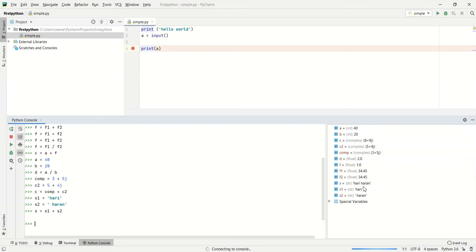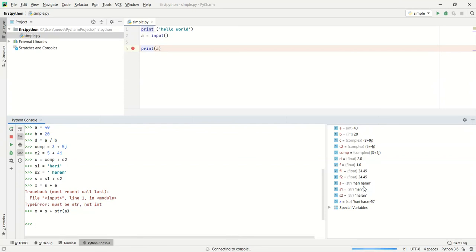We cannot add a string and an integer, or a string and a float, without converting. For example, I am going to do x equals string s plus integer a. It provides an error, it must be a string, it cannot be an integer variable. In a similar way, if we want to add it as a string, you can use x equals s plus str of a, so that we get it accordingly.